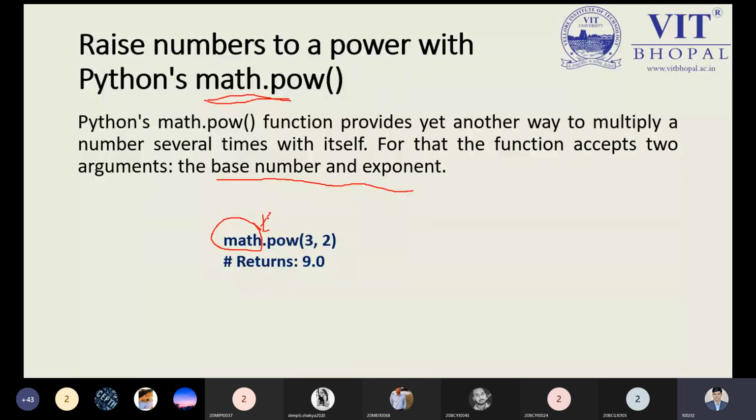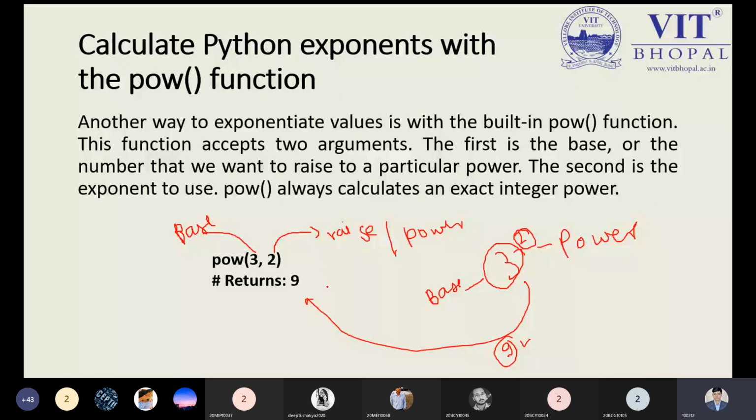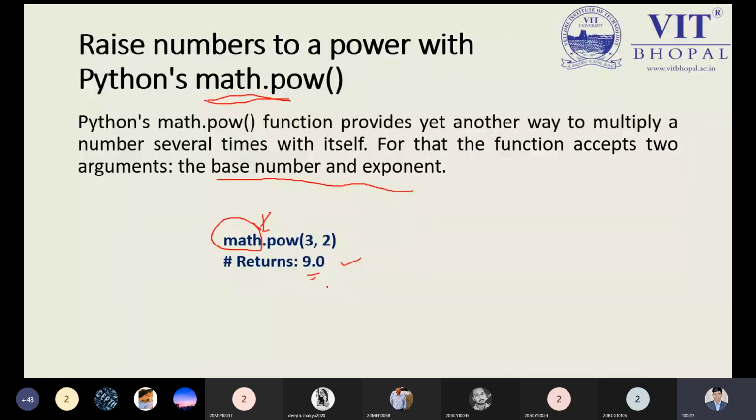So this is known as the pow method along with the math library. We can see it returns the value 9.0. Please keep in mind each and every concept properly. This will return the value 9.0, while talking about the previous method, 3 to the power 2 will return the integer 9 only. This is the point you need to keep in mind for the pow method under the math library. You will get the answer 9.0, so you can feel the difference between both kinds of functions. Is it clear to all right now? The output will be different.